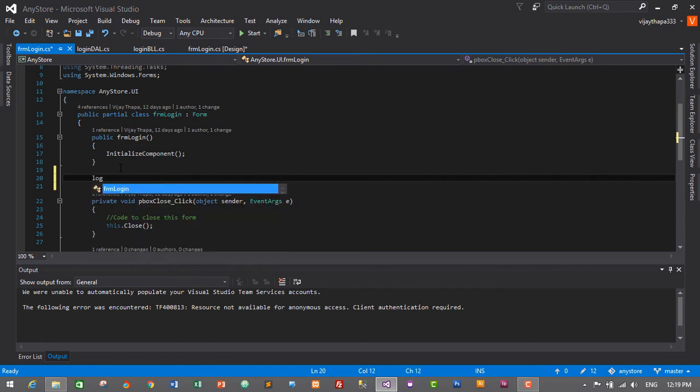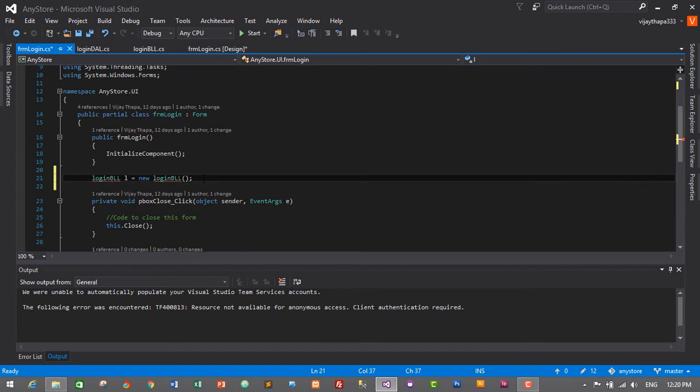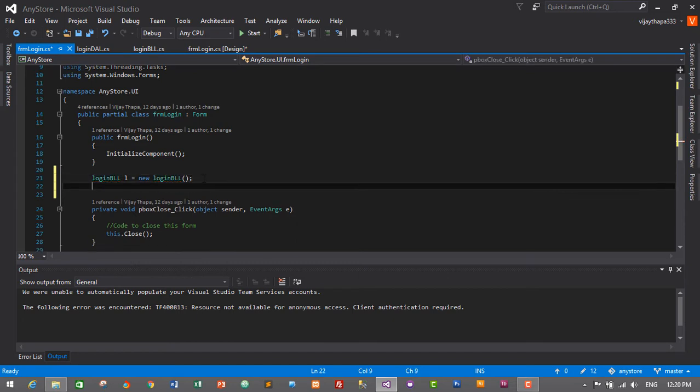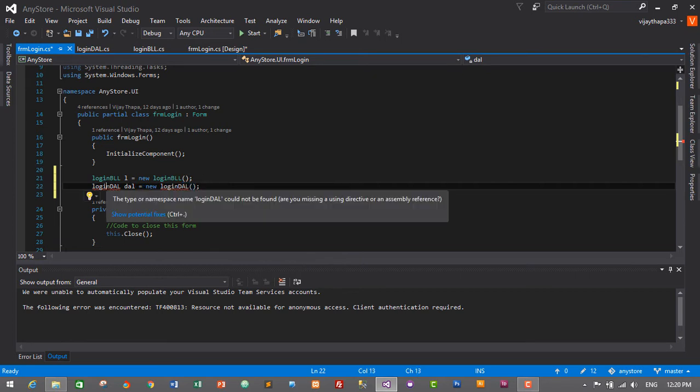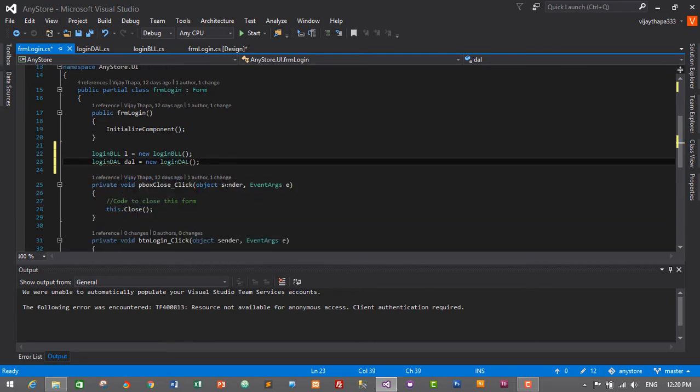So loginBLL l is equal to new loginBLL, and we have an error. Hover over the error and click on show potential fixes and click on using anystore.bll. Similarly, loginDAL dal is equal to new loginDAL. Similarly, hover over the error and click on show potential fixes and using anystore.dal. Now